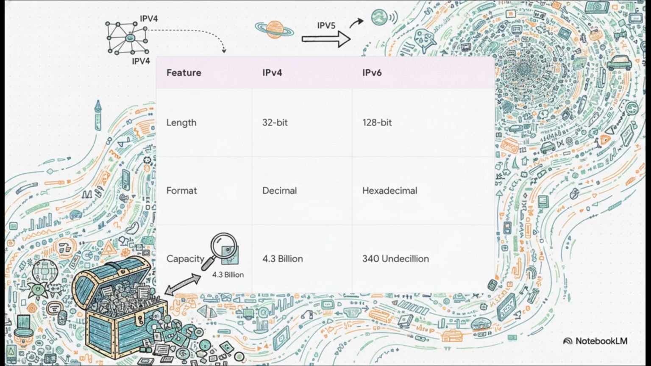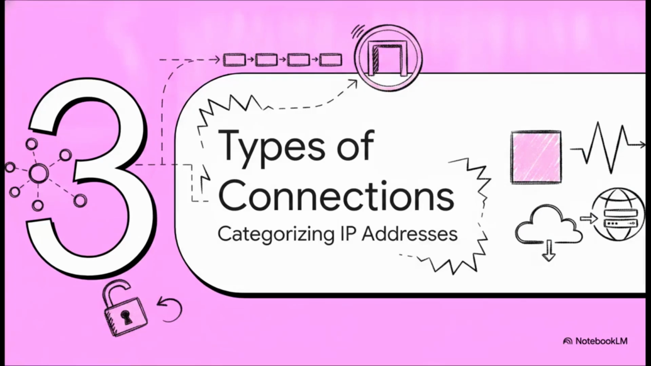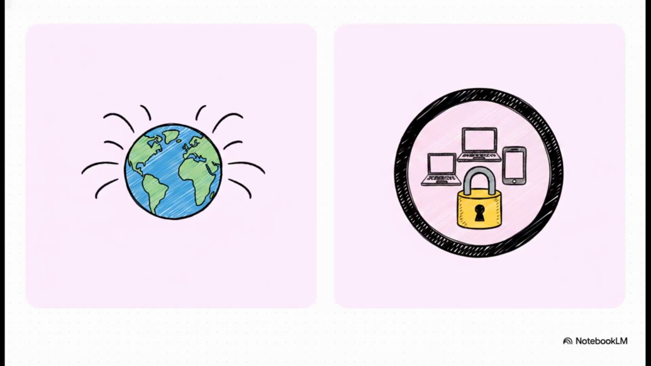Yes, undecillion. That is 340 followed by 36 zeros. It is literally enough unique addresses to last countless future generations of smart devices. Which leads us to Section 3, types of IP connections. With that kind of infinite horizon in mind, let's take a look at how addresses are actively used today based